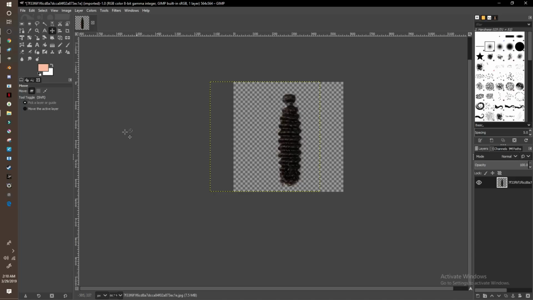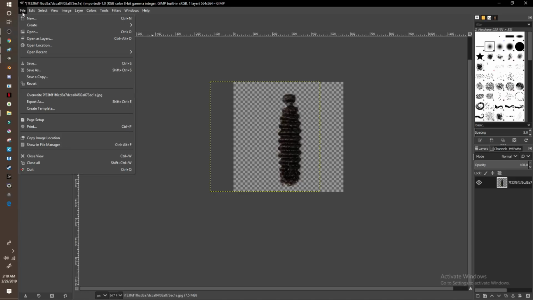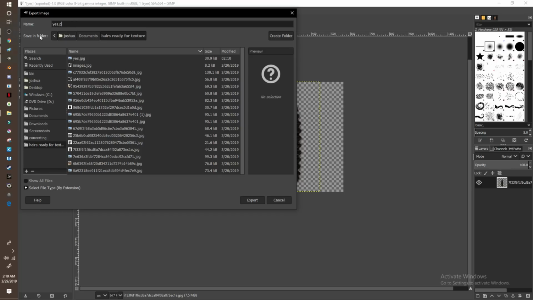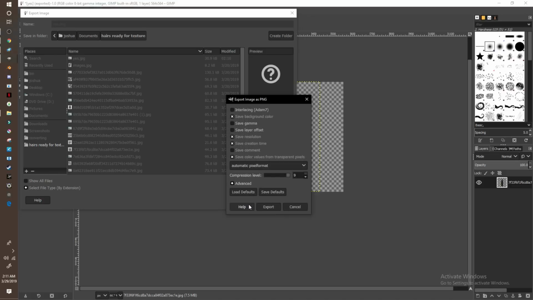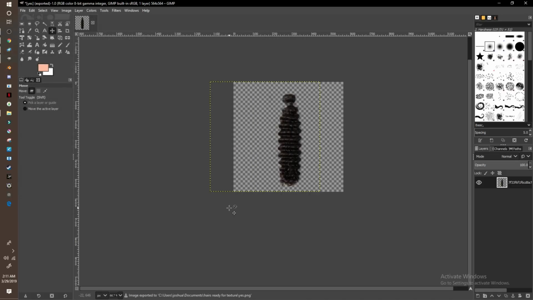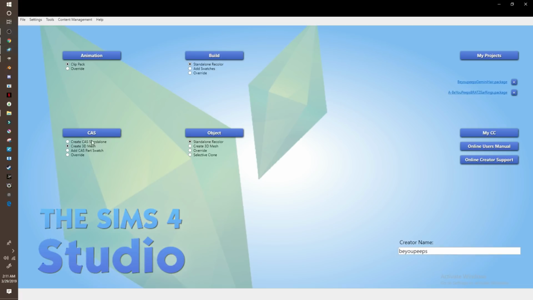Alright, so now that you've done that, now that we have our bundle, we're gonna export as PNG. Alright, it saved as PNG. You want it to save as a PNG, not at any other platform or whatever. Alright, now that we've done our bundle, what we're gonna do, we're gonna click create 3D mesh